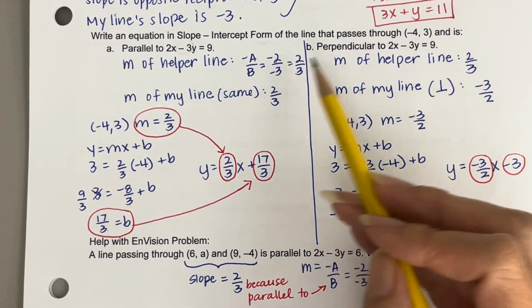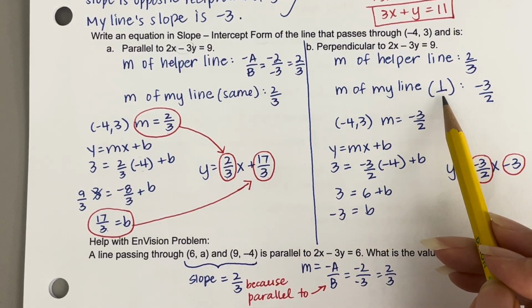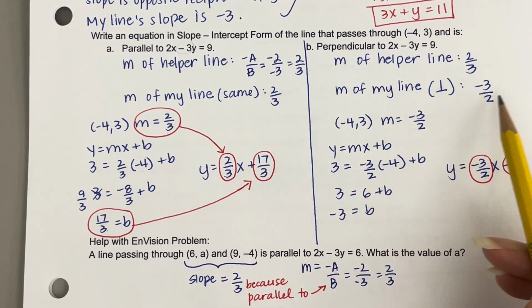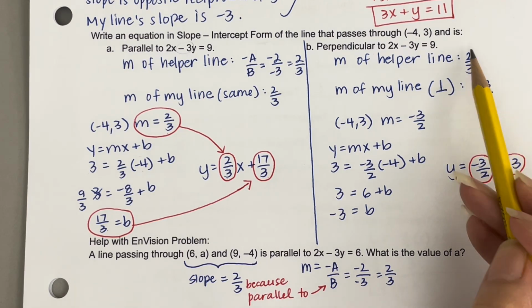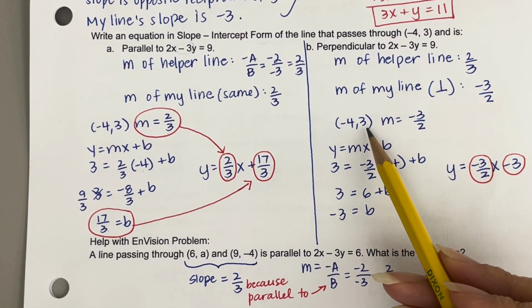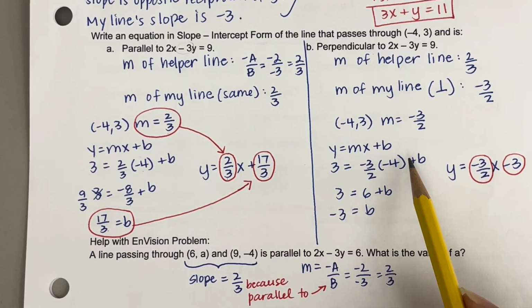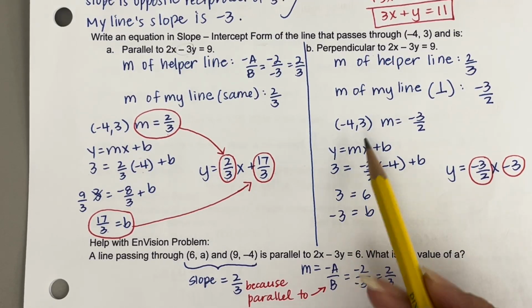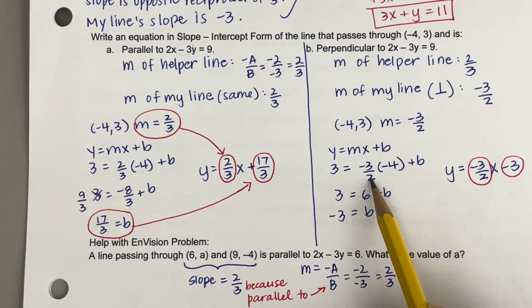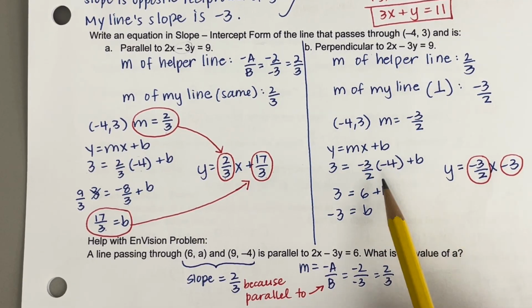Now, what if it's perpendicular to that helper line? Well, the slope we already found is 2/3. So the slope of my line that's perpendicular to the helper line is opposite and reciprocal of 2/3. So that would mean my slope is -3/2. The point is -4/3, and I'm going to choose to use slope-intercept form. Again, you could use point slope if you want. Y, which is the 3, equals m -3/2 x plus b. Now this becomes a 6